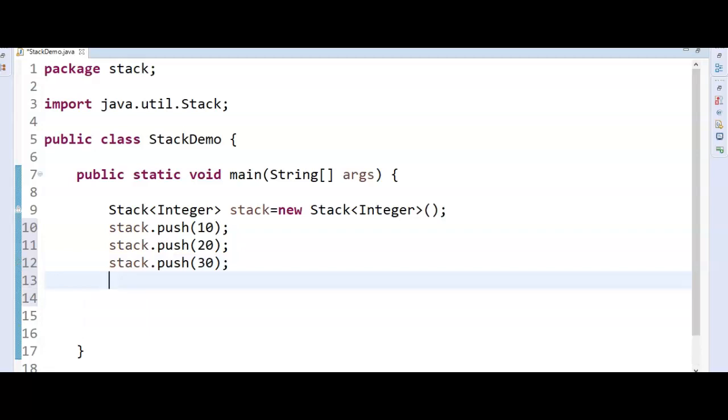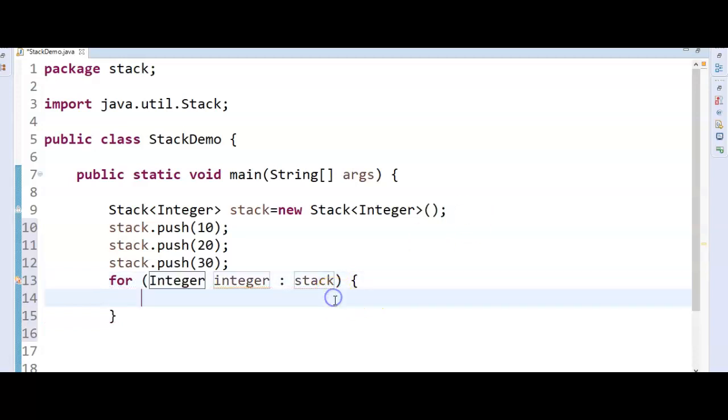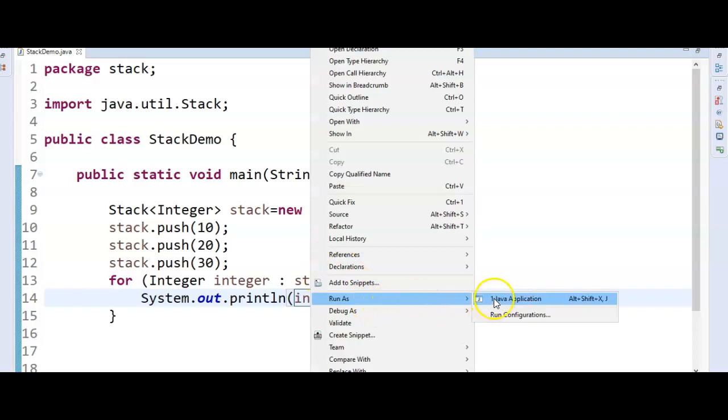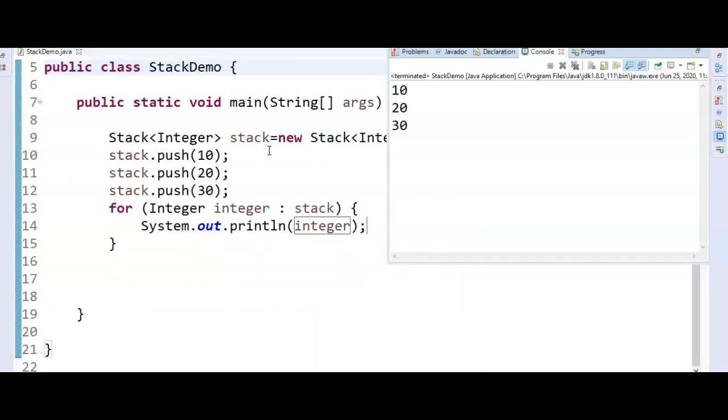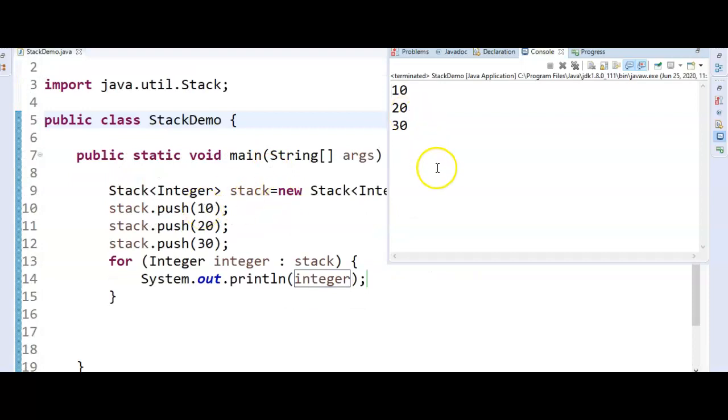Just use the for each loop and iterate over the stack, with sysout. Let's run the program and see the output till here. You see here 10, 20, 30. So these are the elements which we have stored in the stack.